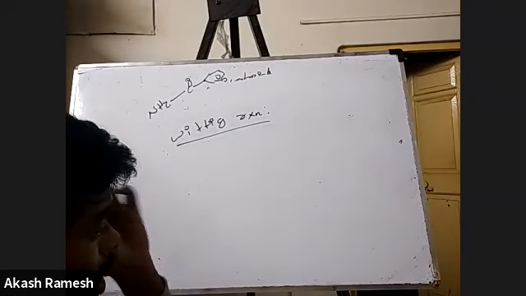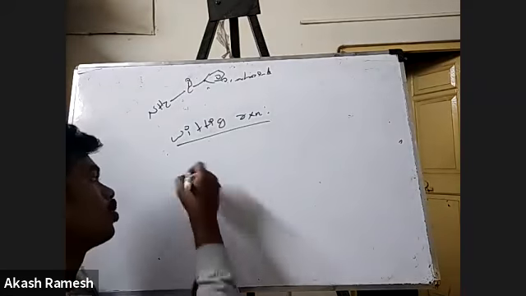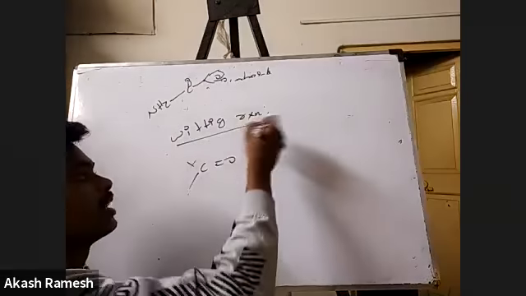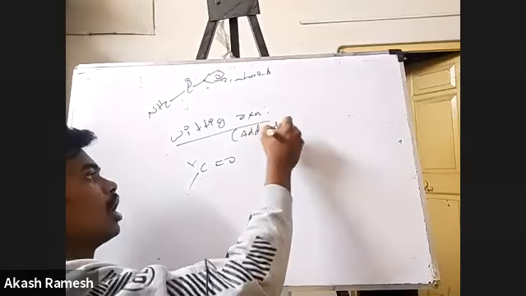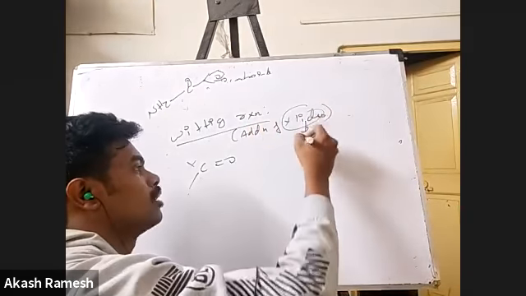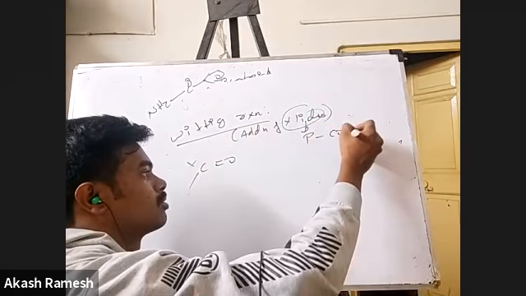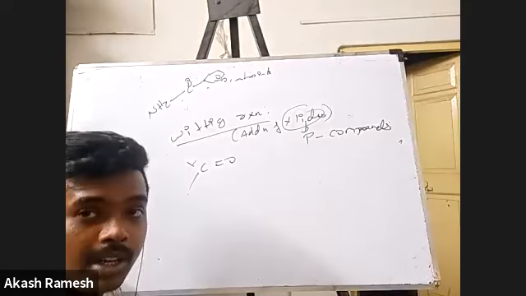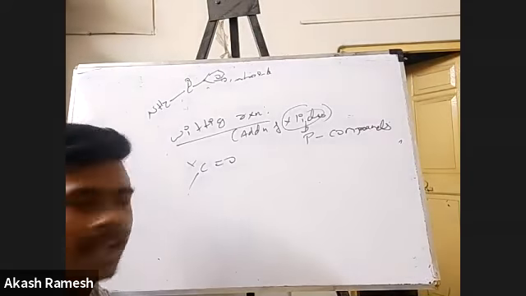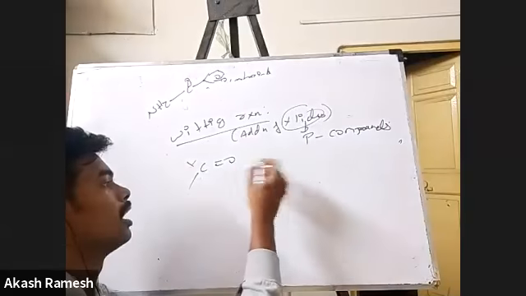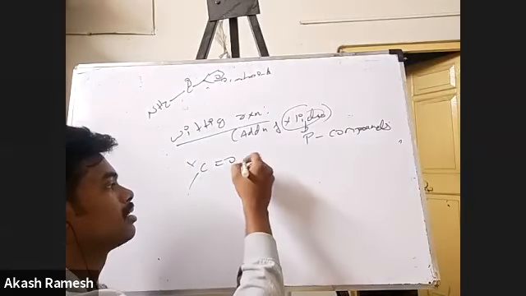So Wittig reaction, what happens is you have a C double bond O. This Wittig reaction is addition of ylides, right? So ylides are actually phosphorus containing compounds, right? Ylides are phosphorus containing compounds. Okay, fine. Again, it's going to be a complex mechanism, but we're not going to see the mechanism. What I'm going to have is